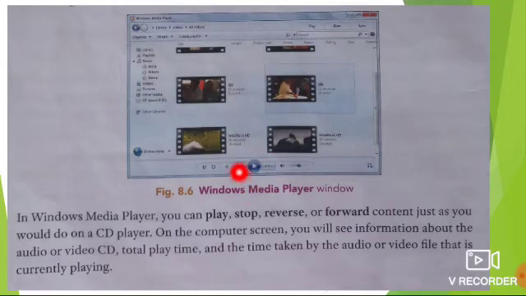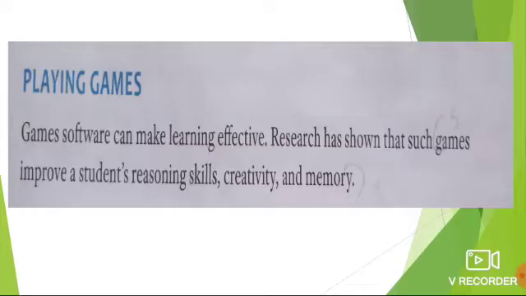You can pause, or you can also play the video. On the computer screen you will see the information about the video or the video CD, the total play time, that is how much time is taken for the video to complete, or for the currently playing video. So this is all about multimedia software.